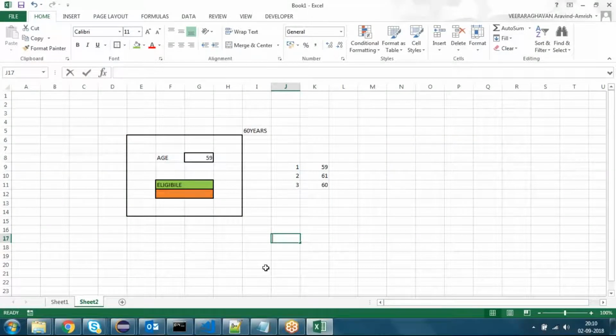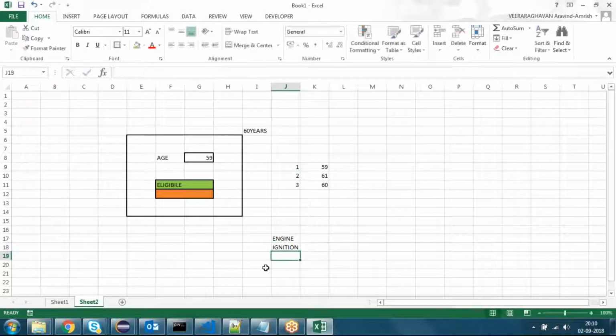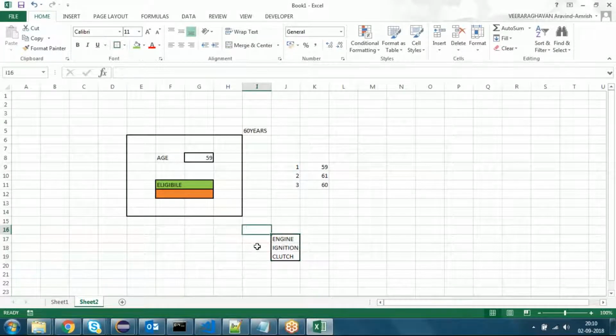So mainly we will get these problems: engine problem, ignition problem, and clutch. Sometimes the clutch will be very tight or very loose. So we will be having some problems like this. So whenever a car is going for testing, whenever they want to test it, they